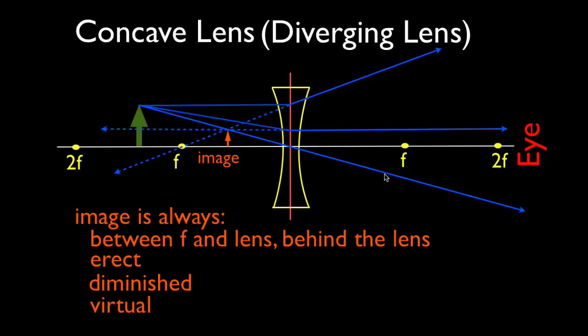Okay, so once again, there's only one case. It doesn't matter where we put the object. The image is always going to be between F and the lens. It's always going to be right side up. It's always going to be smaller, and it's always going to be virtual. Okay, the image will never appear on this side, and it will never appear beyond F on this side. All right,